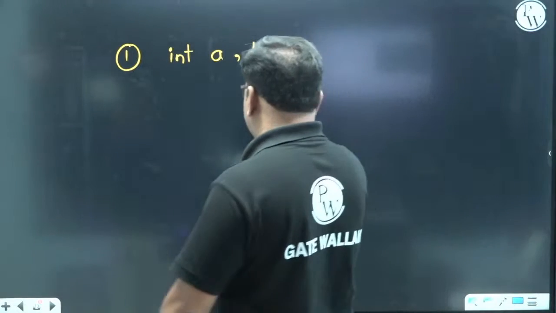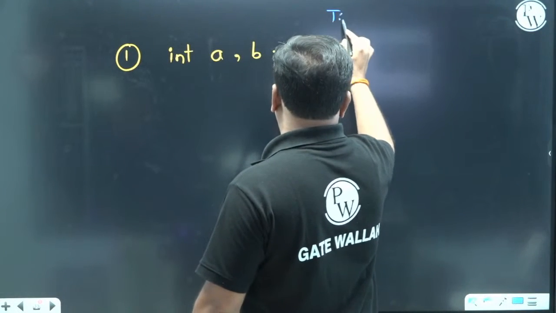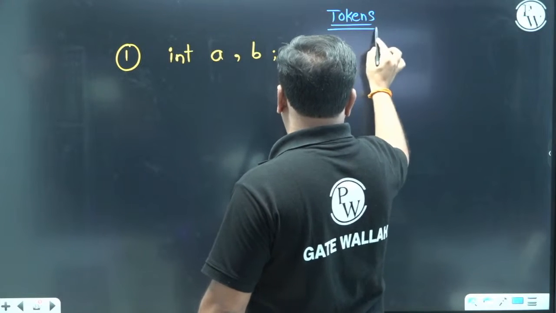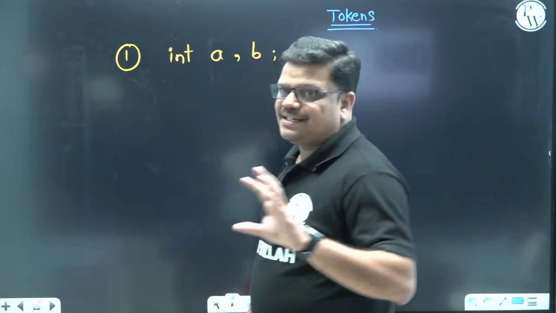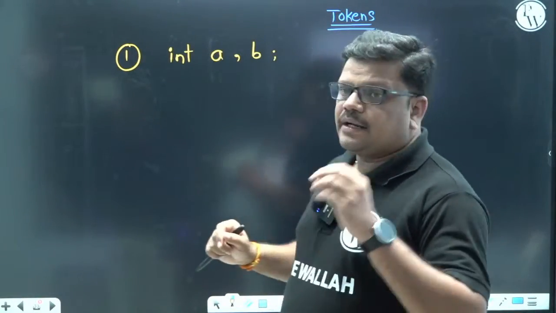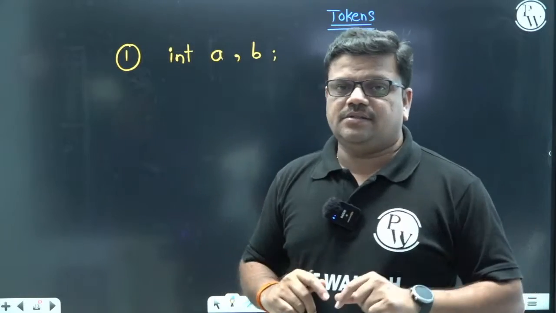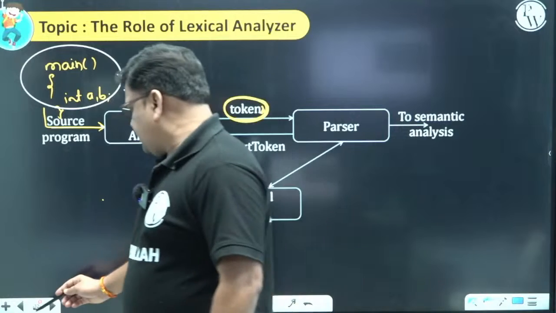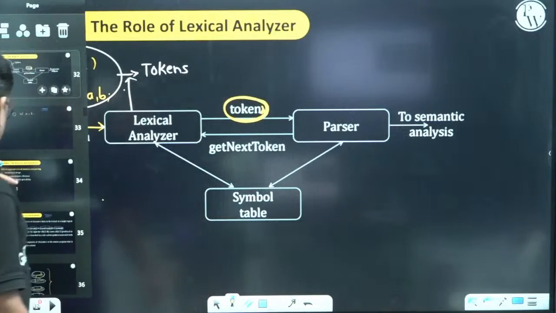So for this input, how many tokens will be produced, and how will they be produced? The tokens are nothing but breaking the program into 5 things. Whatever your program may be, we have to break it into our previous 5 things called